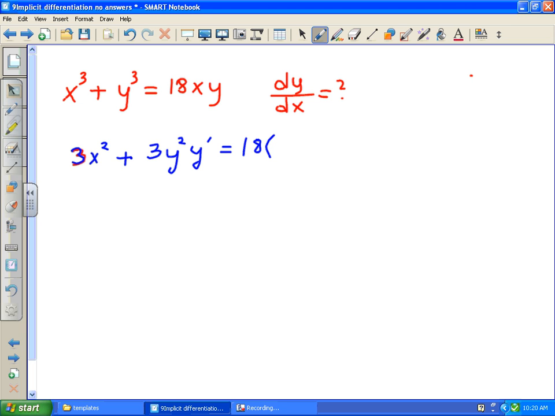Now, when I'm differentiating x times y, I need to be really careful. Remember, x is x, but y is a function of x. When you have the product of x and a function of x, which rule should you be applying to differentiate? Exactly, the product rule. So when you have x's and y's multiplied together, you need to apply the product rule to differentiate that. So let's